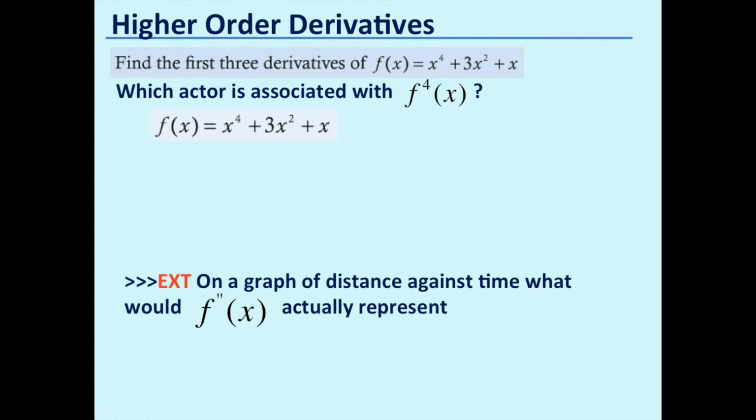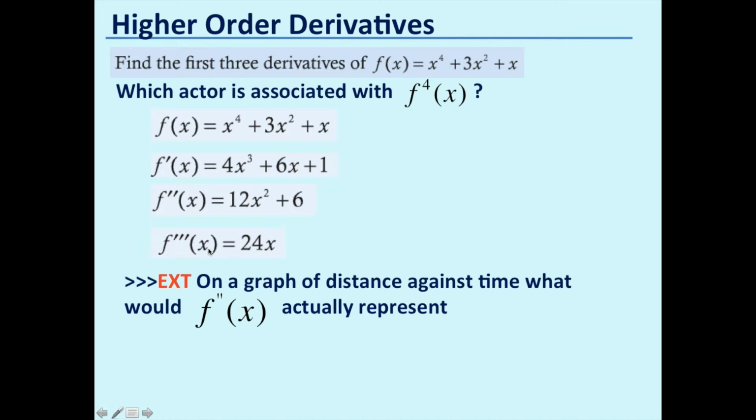So here is our function f(x) equals x to the 4 plus 3x squared plus x. Our first derivative is what we've been doing recently, so that's straightforward: 4x cubed plus 6x plus 1. For f''(x), we just need to differentiate each of these using the power rule and the addition rule. So we can see that's going to be 12x squared plus 6. f'''(x) is 24x,